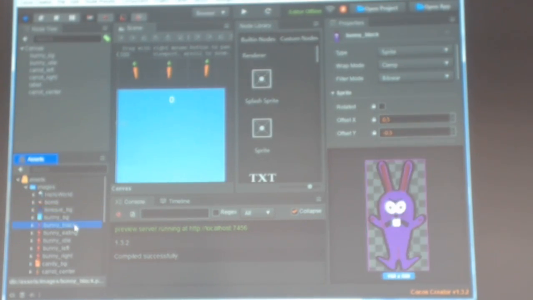After I got the complete project created from scratch, here in assets, I created a folder for images. It's really simple. I just right click, create a new folder. Inside the new folder, I create images. I just drag all the images I would like to use for this project. So here you see I have a bomb, I have other backgrounds like a night background. I have the bunny in different states, like black, like he was hit by a bomb, so he's very angry about that. He's happy because he's eating his idol.